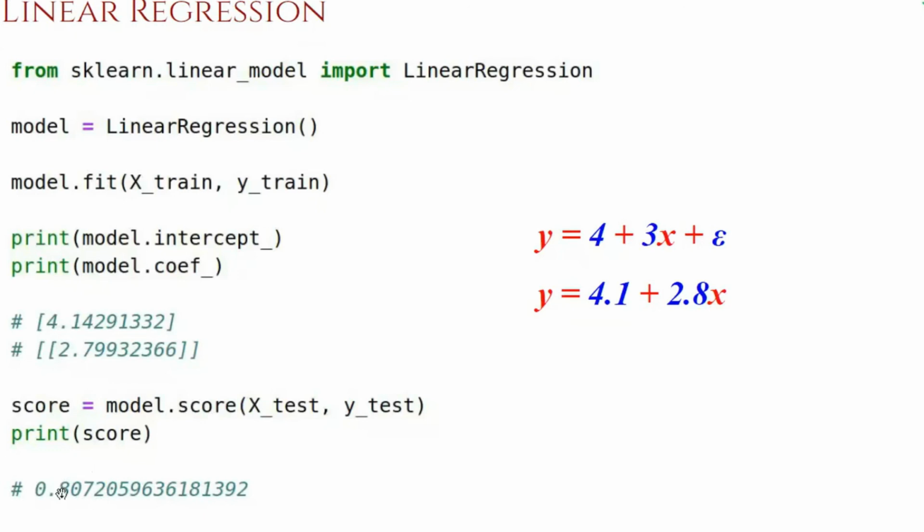We cannot exactly interpret it as percent, but to keep things simple, I'm interpreting it as percent and saying it is 80% better than the simplest solution. But now the performance of this model is based on one particular splitting of the data into training and testing. What if we have split the data differently? The green dots and red dots are different.